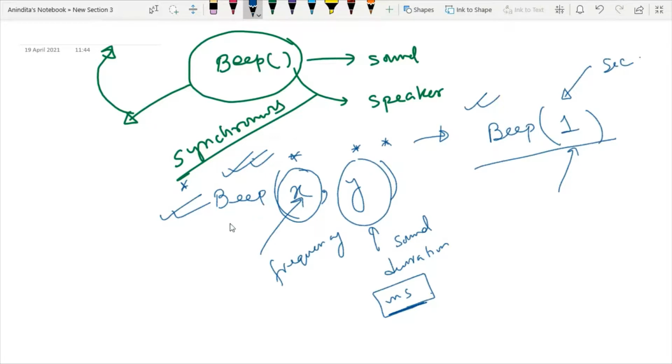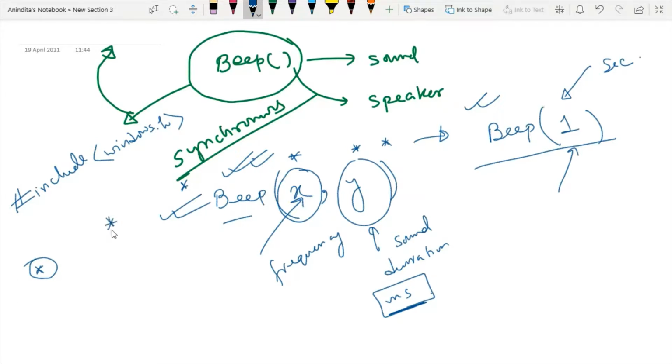However, this Beep library function belongs to the header file windows.h. So whenever we want to use this Beep library function, we have to include the windows.h header file. There is one more point we have to identify: why is this beep sound used?